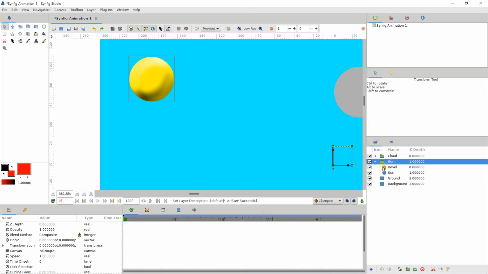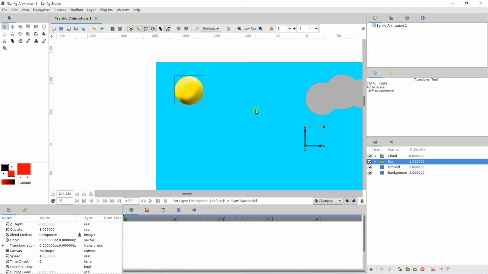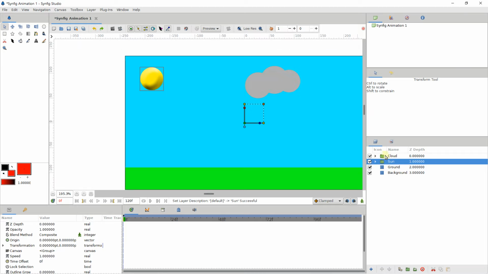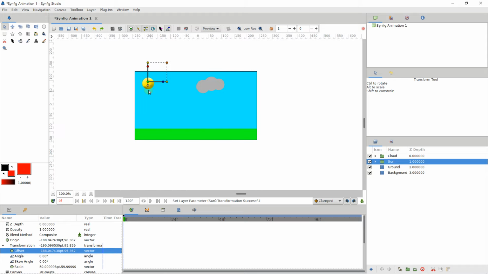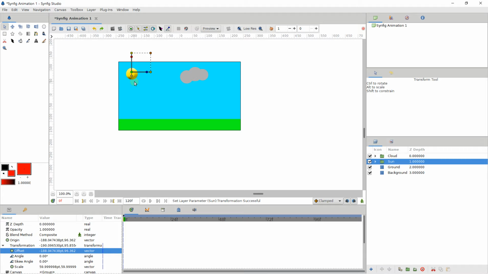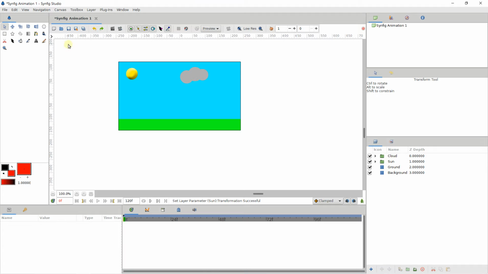And inside I added an effect. So you can add an effect like this if you group the layer. Then I click on the sun, and one more time I can drag and move my center point and position it here if I want to move my sun, just like that. So this is some basics that you need to know when you start with Synfig Studio and you want to work with the layers.